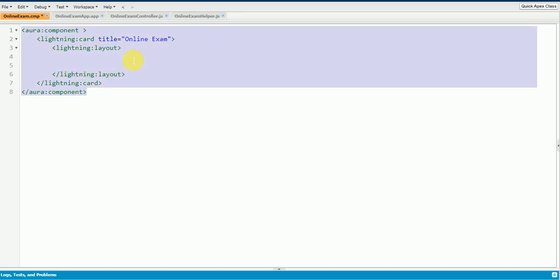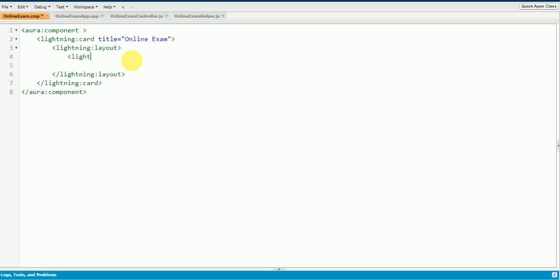Inside this card I'm going to add a lightning layout. Inside this lightning layout I'm going to use a lightning layout item of size 12, and padding around small.